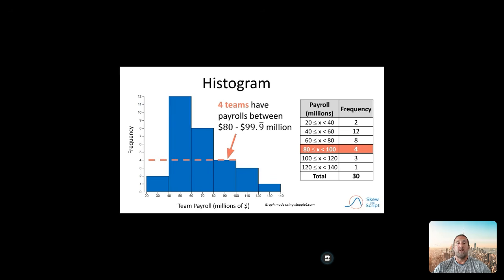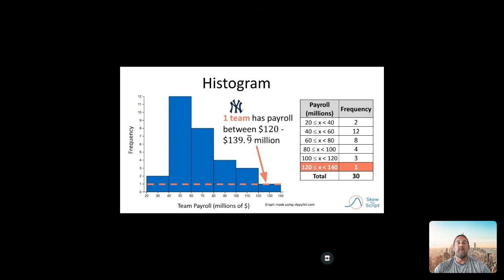The best way to read a histogram is to look at the bar heights. For example, we see that the 80 to almost 100 million bin has a height of 4. This means that 4 teams have a payroll between 80 and almost $100 million. It's important to note that the height of the bar doesn't indicate that these teams have higher or lower payrolls. In fact, the highest payroll team, the Yankees, are represented by the bar with the lowest height. The height of the bar merely represents the number of data values or frequency of data values in a certain interval or bin. In this case, only one team, the Yankees, fit in this very high bin.